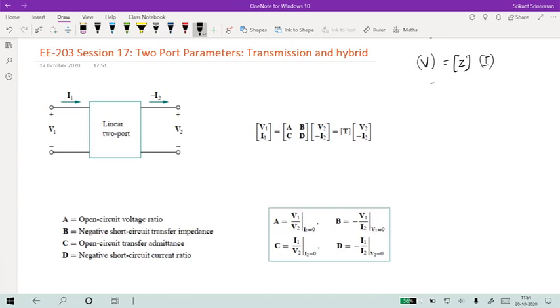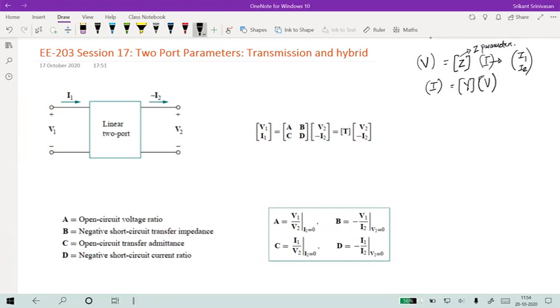And then when I write I like this, it's actually a vector. So when I write I, this represents I1, I2. I've just condensed it and written it as I, and Z is a matrix. So Z parameter, that's the impedance. And then I is admittance times V.